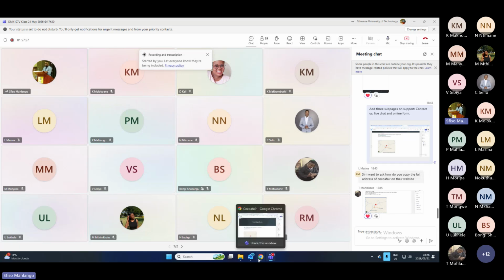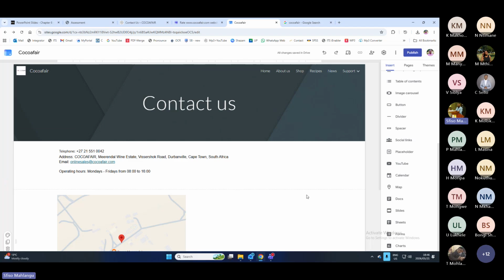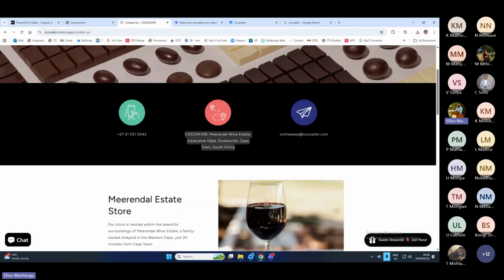If you follow with me on the screen, I'm on the Coco Fair website. This is where I got their address. I'm just highlighting it to copy, right click, copy. It's as simple as that. So you can highlight the text, right click, copy,